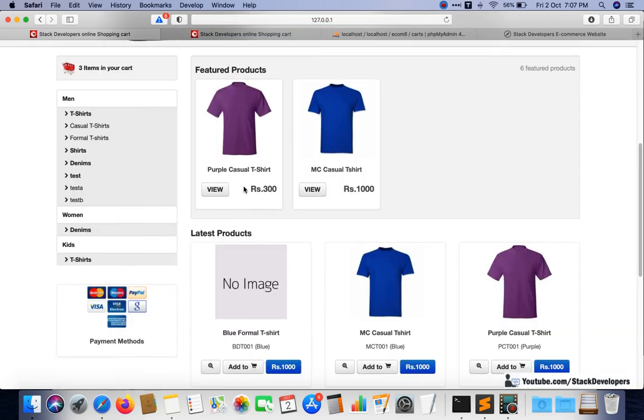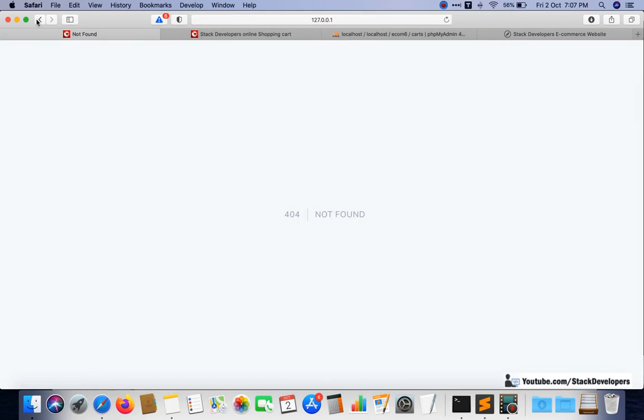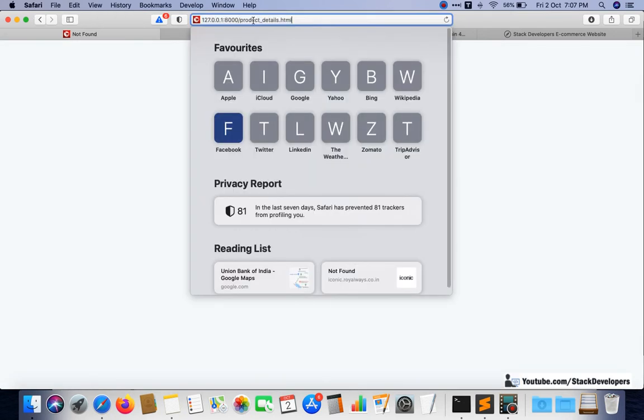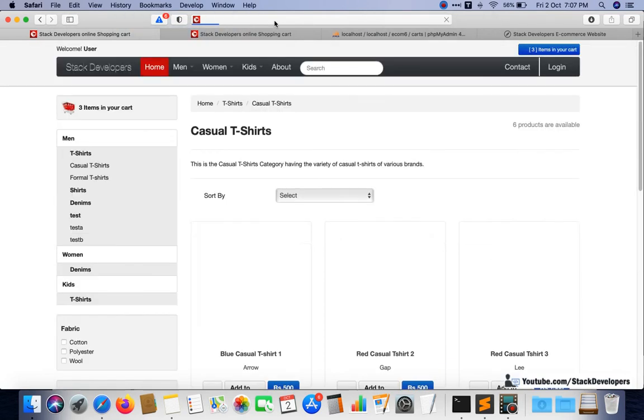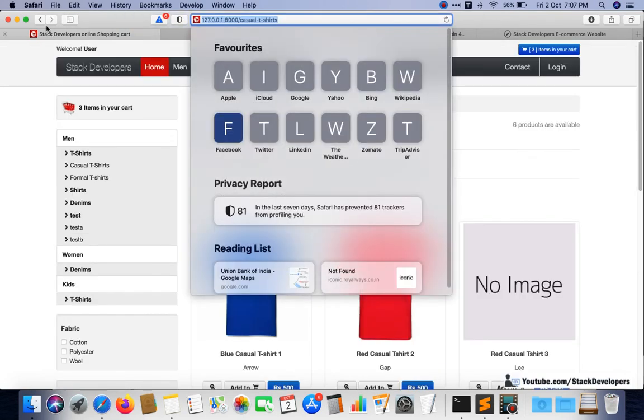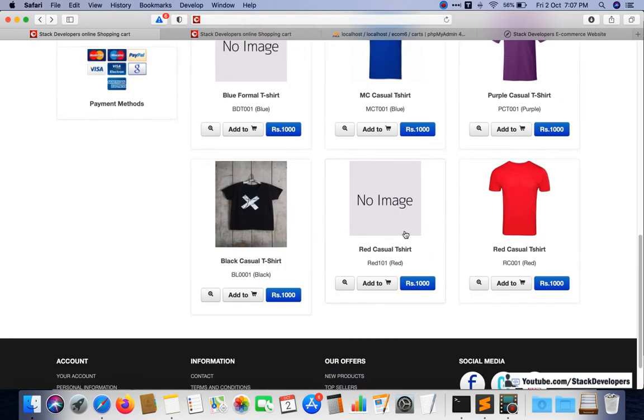You can see in many places it is going to products details.html, which is incorrect. We need to modify those links as well, and I also need to modify the links of the listing page at every place.